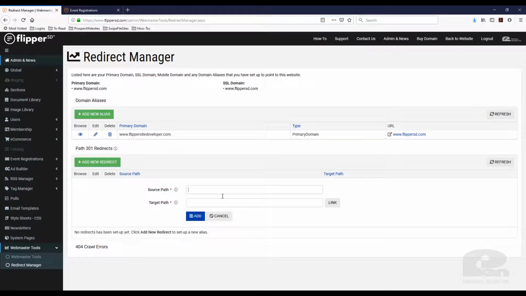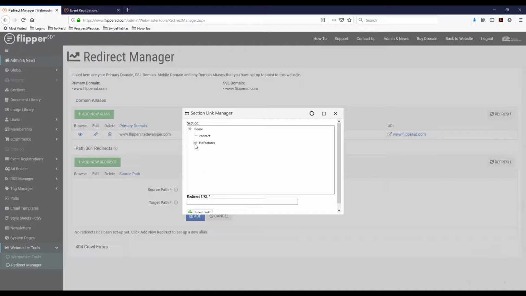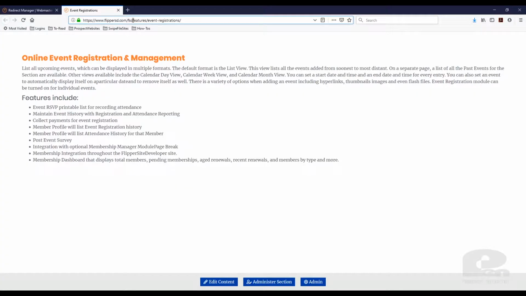So what we would do, or what you could do, is do /radio. So on the ad, we would say, visit us at FlipperSD.com/radio. But we want all the radio listeners to go to learn more about our event registration capabilities in Flipper. So we would do /radio, which again we would say in the ad, and then I want that to go to that specific page, which the URL is FSD, the /FSD features/event-registrations, which is